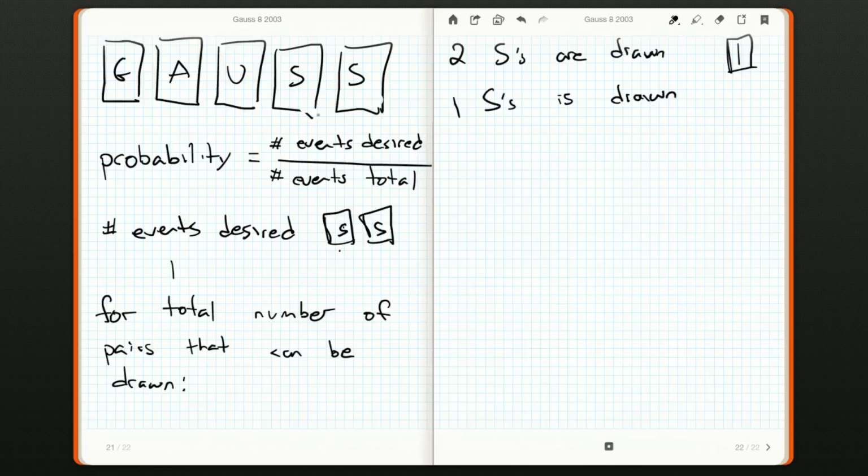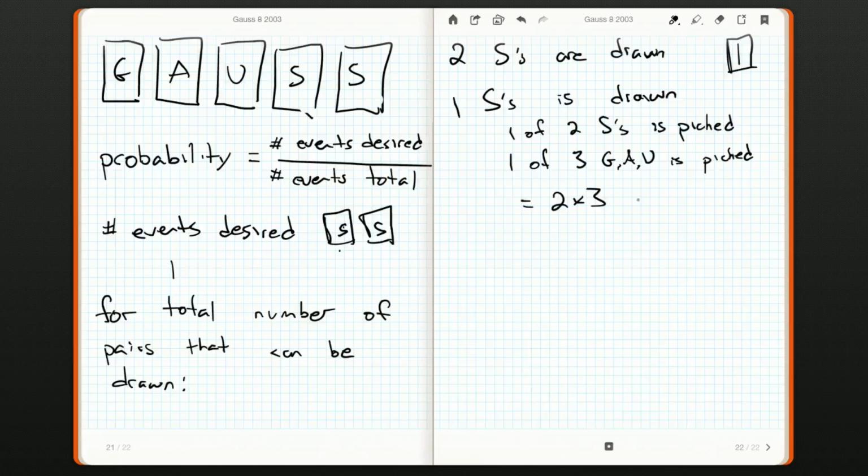So one of the 2 S's is picked. So we have 2 possibilities here, either this S or this S, the first S or the second S. And then one of the 3, G, A, or U, is picked. Okay, 2 choices, 3 choices, they're completely independent. So that should give me 2 times 3 equals 6 different ways to have only one S being picked by